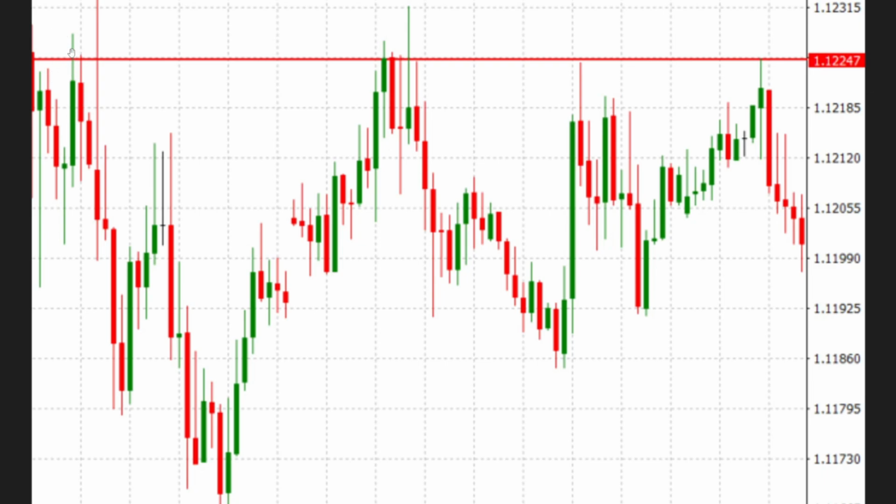And therefore we had the most wicks to capitalize on at that 1.12247 area. Therefore is the reason why we marked it as resistance. And we had our first point where we saw rejections near the top left of the screen. And then near the middle of the screen, they came back, retested it. Price fluctuated a little bit around there. But as you can see, ultimately they all closed either on that line or below the line, which is what